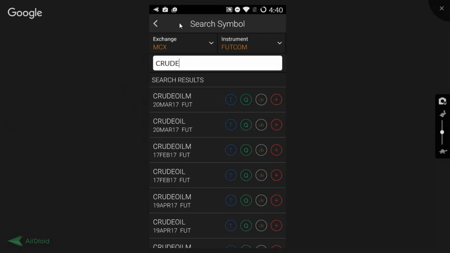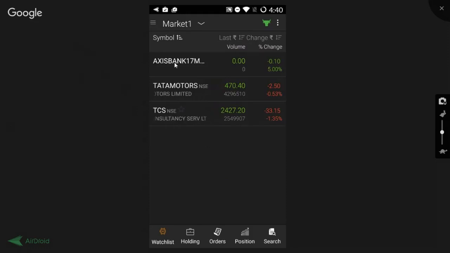So now we get back and check on the watch list that we had created. We had added these scripts to the watch list in Market Watch 1. If we click on the drop down, we get Market Watch 2, and we see the other stocks that we had added into it. Again, TCS is added by default when you create a Market Watch. As you can see, the symbol name is given, the particular expiry is given, the type of stock is given, the last traded price is given, the volume is given,